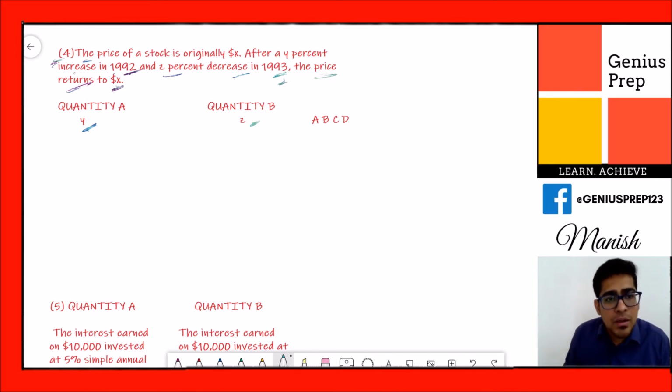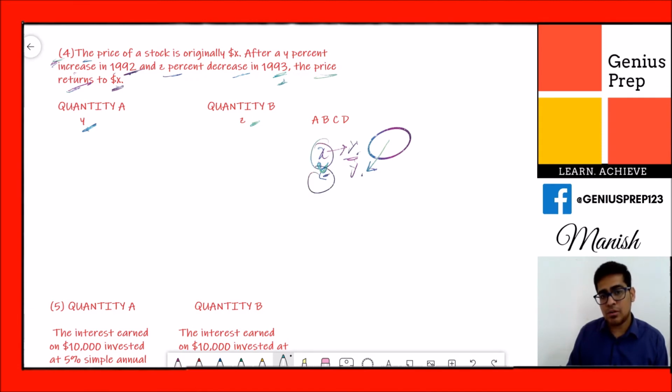So always remember, whenever you have quantity X and it is increased by some percentage, and then you decrease that price again by the same percentage, this value will be lower than the previous value. This is the one concept. Okay, so here we will be using a similar concept in which we consider, suppose, this X value to be 100. Always remember, when you consider 100, the question becomes very simple.